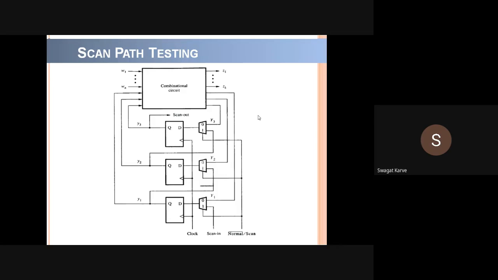If you use this scan path testing, you need not go for any complex test pattern generation, because the care is already taken by the ATPG, the automatic test pattern generation circuit, that will generate the automatic test vectors and apply them to the circuit,